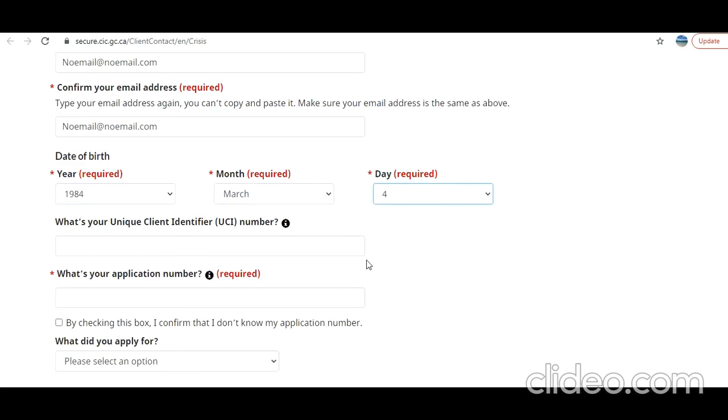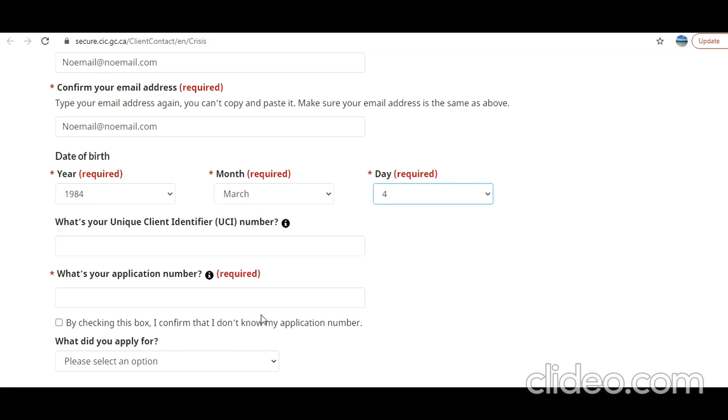UCI, so if you have ever applied before, you have a UCI, but it's not mandatory. So if this is the first time, but wait, UCI, so it says that your application is in progress or if you already have a visitor visa. So in both the cases you get a UCI number, 8 or 10 digits, so that you can fill. Although they have not made this field mandatory like we see in various applications. You can, I mean, same thing they have done here, but I always recommend you do.